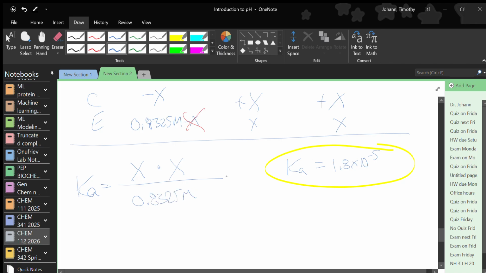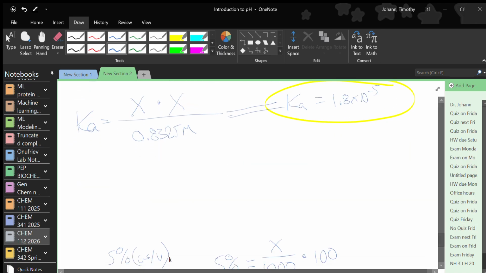There's no X down there. And that's going to be equal to, well here, I'll stretch it out. That's equal to that, right? And so now what I can do is I'm going to go ahead and rewrite it. I'm going to put the Ka over here, 1.8 times 10 to the negative 5th is equal to X squared